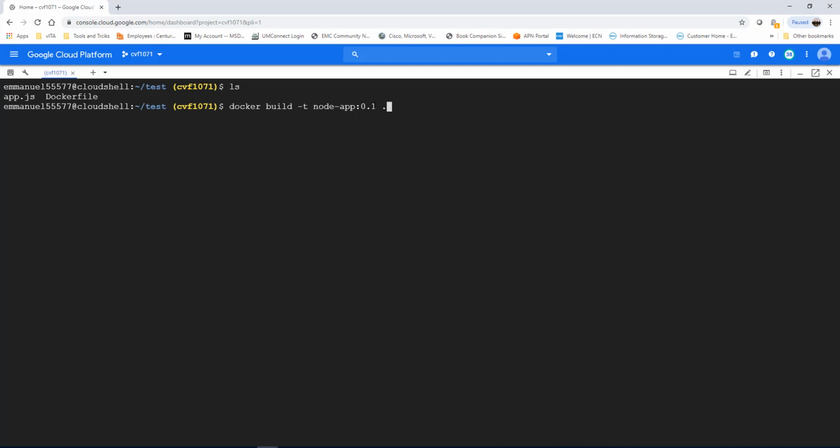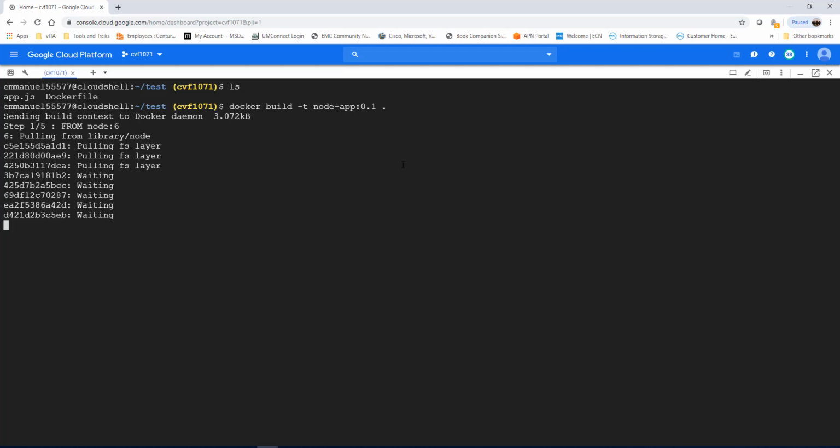It's good when you're going to have more than one image, so you can tell the version of the image that you built. And so that's really what this command is doing. Docker is going to look at the Docker configuration file to know what to do. And you can see this period over here. You have to run this command in your current directory, because that is where Docker is going to look to find this file. All right, so I'm going to go ahead now, and Docker is going to start